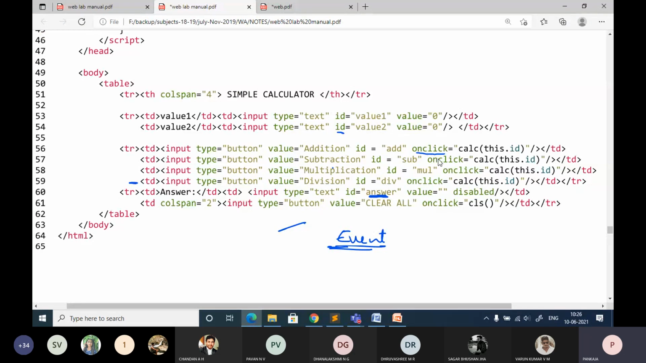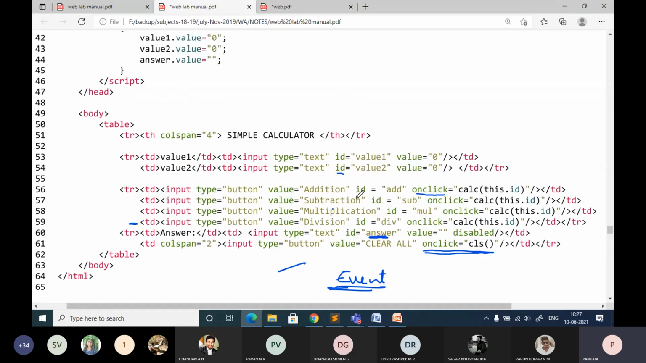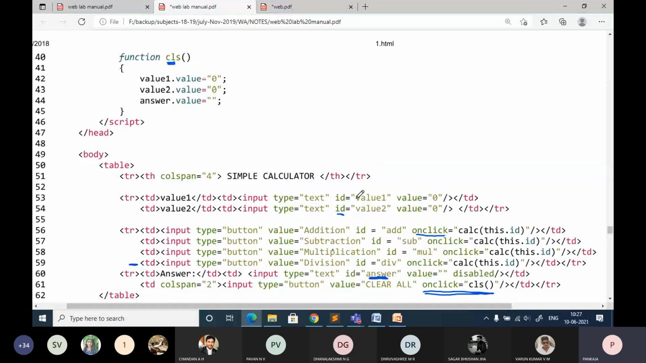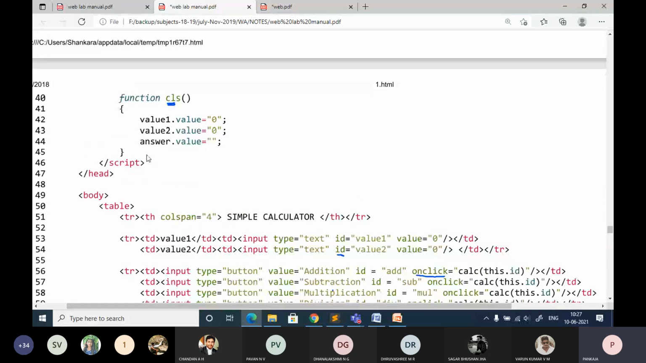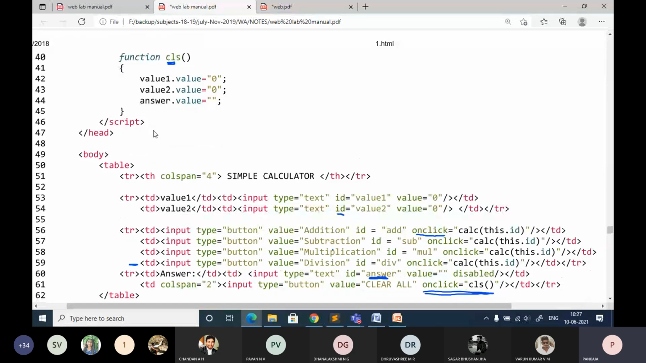For all the remaining buttons you can see it is invoking the same function depending on the id, that is, what is the value you are going to pass. So accordingly it will perform any of these operations. So here on click, it is going to invoke the cls function. So that is clearing the screen. I mean not the complete screen, it is just the input boxes. So that is function cls,